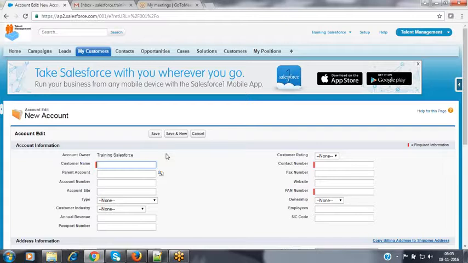I want to provide the option: what type of account record are you going to create? Based on the selection, I want to provide a different user interface. Every record type will be associated with a page layout.